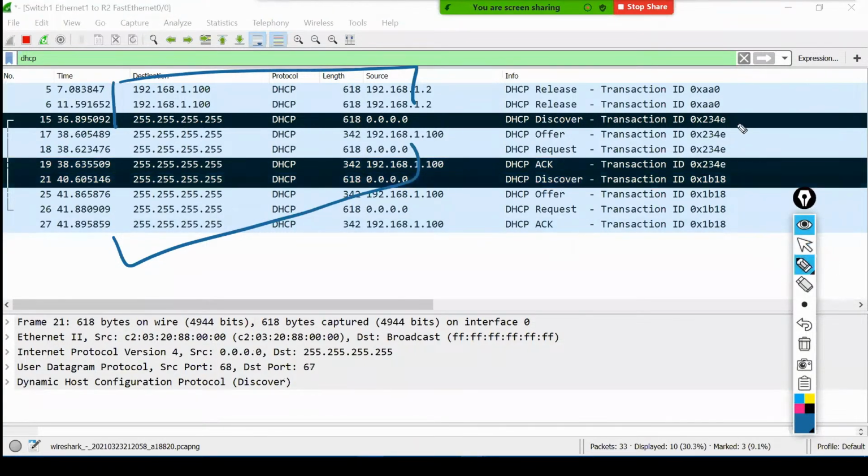All these 4 packets have the same transaction ID, and for the other packets we have a different one. So transaction ID is one for one client and a second for another client. It's just going to make one logical connection between the client and server.